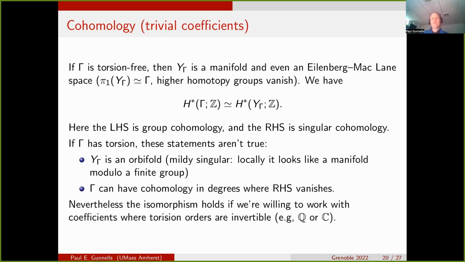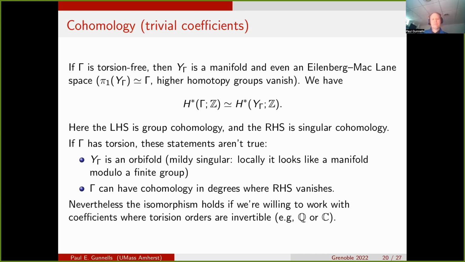And the group cohomology, which you learned about last week, with gamma coefficients in Z, is isomorphic to the integral cohomology, or singular cohomology, of this quotient Y_gamma. Okay, so this is not the algebraic way to define group cohomology. It's actually one of the first ways, probably the first way. To me, the history is a bit obscure, but I think it is the first way that cohomology of a group was defined. Be bold and say that. Now there are more algebraic ways, but from a geometric point of view, this is still a very nice way to study these things.